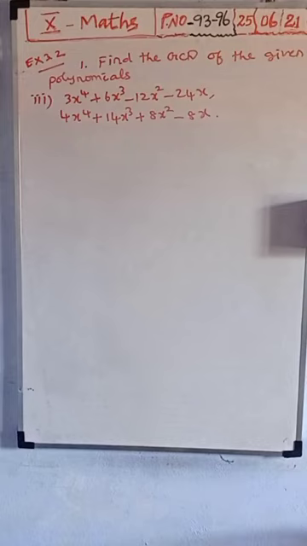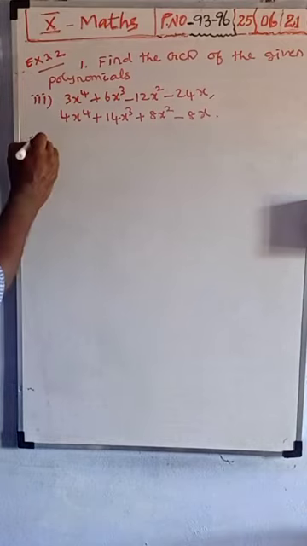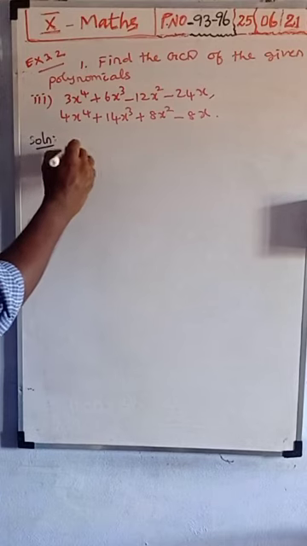See, in both polynomials the constant term is missing. At the same time, common terms are there. Yes, before choosing f of x and g of x, if there is any common term, you want to take it outside. Okay, so see the solution. For the first polynomial you choose f of x.